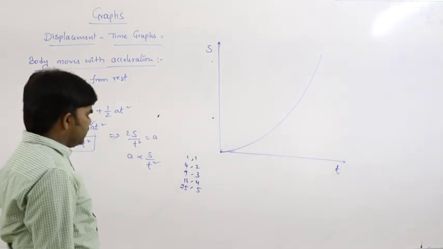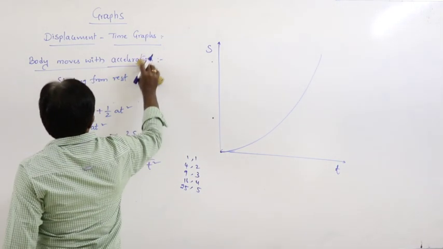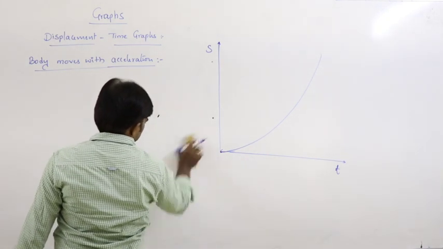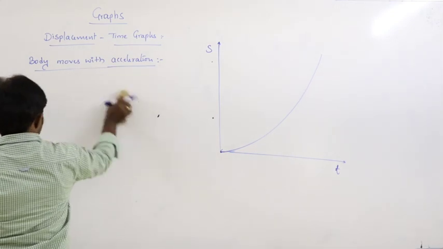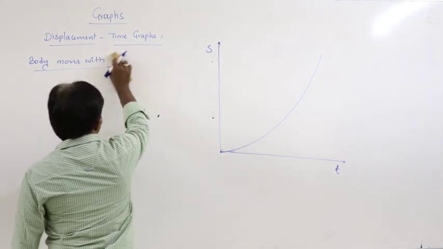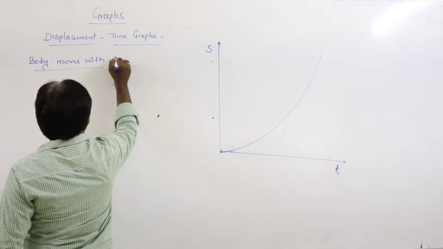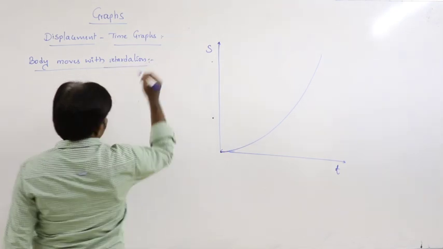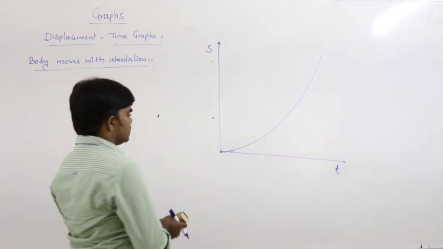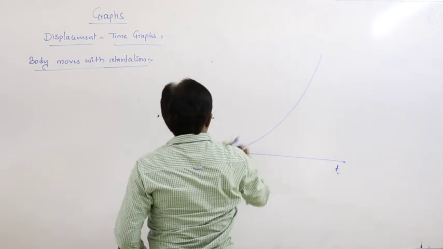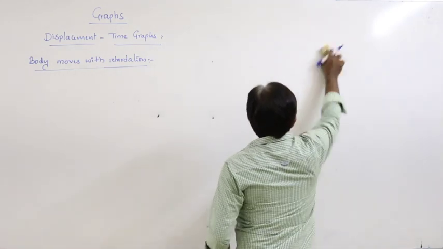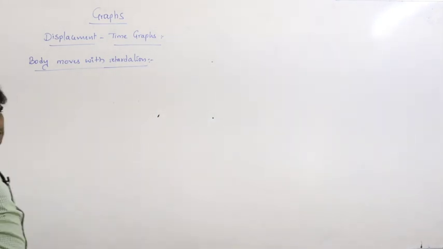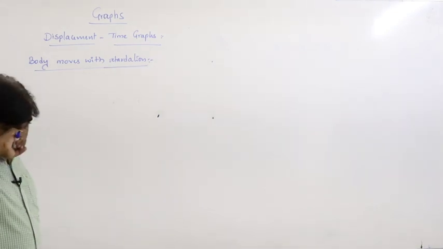Next, body moves with retardation. So the next condition is body moves with retardation. Retardation or deceleration, both are the same. So in this situation, how can we draw that graph? Body moves with retardation or deceleration. In that situation,